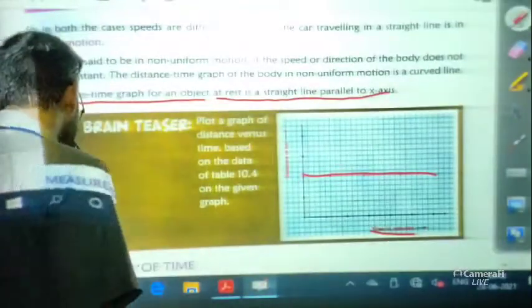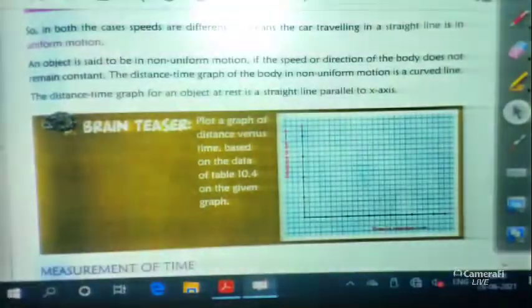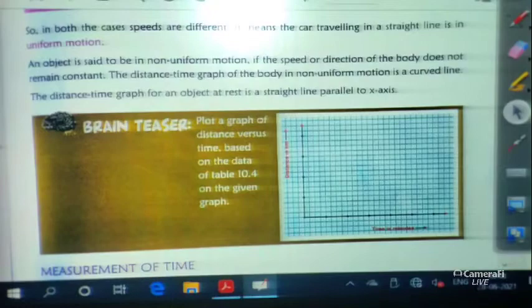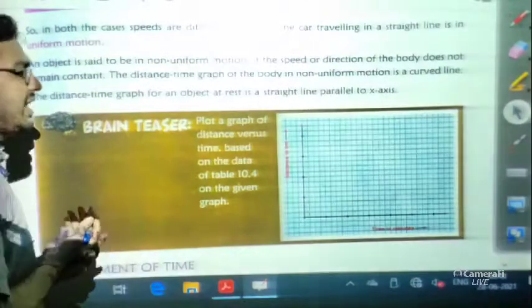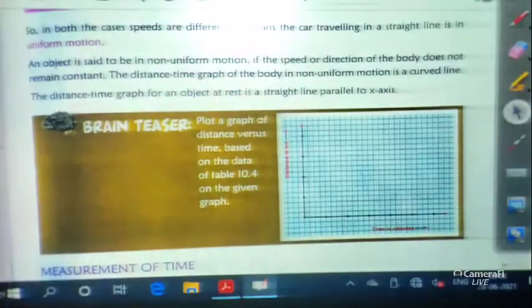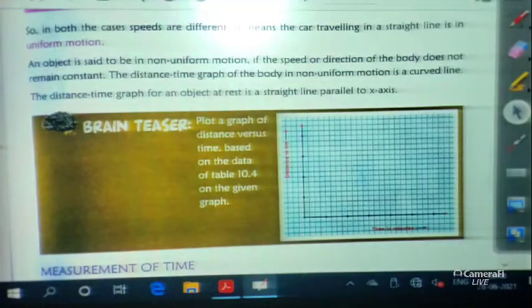Clear? So this is one thing. I hope you have understood how to draw a graph and how to find the distance time graph if the values are given, if the odometer readings are given, and how to convert them. The main thing you need here is the conversion. You have to know how to convert kilometer per hour, meter per second, all these things. So students, the conversion is very important. Practice the conversions more and more.